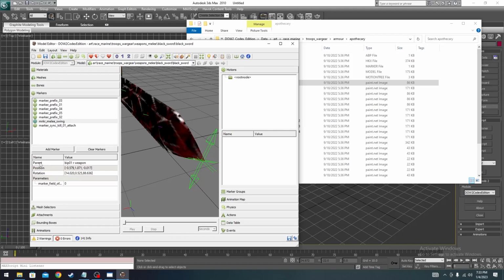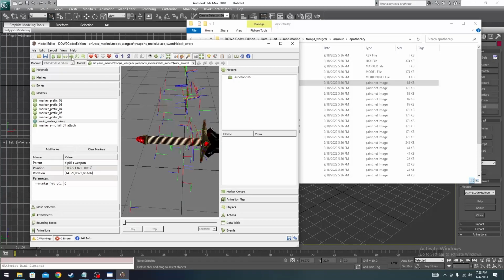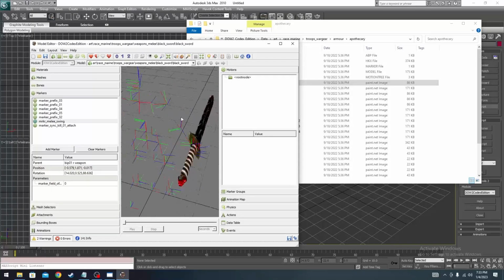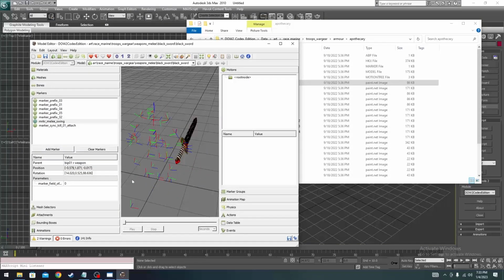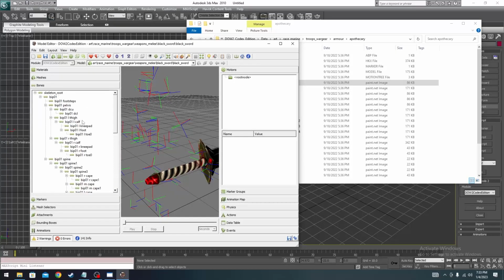So we can also determine which bone the markers are connected to. Essentially, we want the FX to move with the sword, and the sword itself is controlled by... Let me show you. If we go to bones, let's hide the markers for a sec. It's showing the marine skeleton, and these are the hands of the marine skeleton. And if I select his right hand,